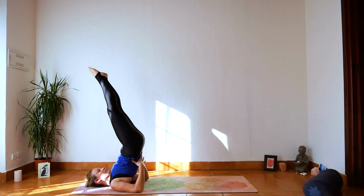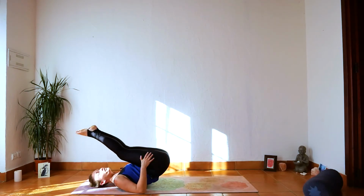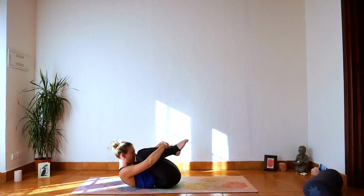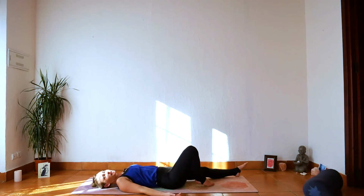And then when you're ready, lower down from your inversion, whichever one you choose. Hug the knees into the chest. And then bring your head up towards your knees. Make yourself into a ball. And then relax everything, unravel, and open the body out for